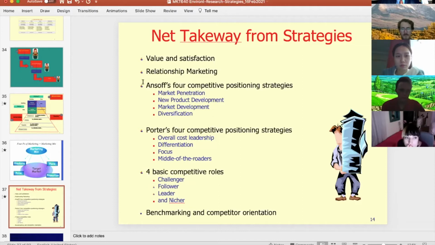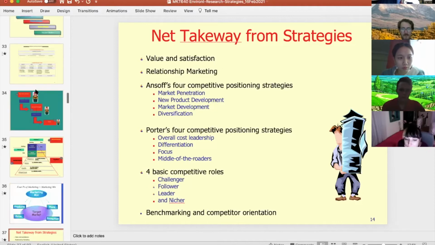Then you have those 3 bullet points of the sets of strategies that you need to learn, which are the most important strategies, I think, because they cover so many situations. But now, more specific strategies, you have the Porters, and then you have the basic competitive strategies. And then finally, you have benchmarking, which is the idea that you need to analyze your competitors. How do you analyze the competitors? I talked about this last time.